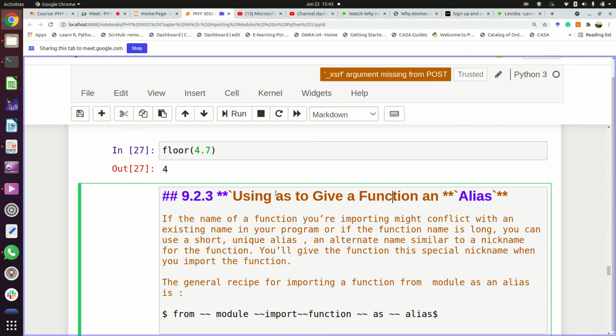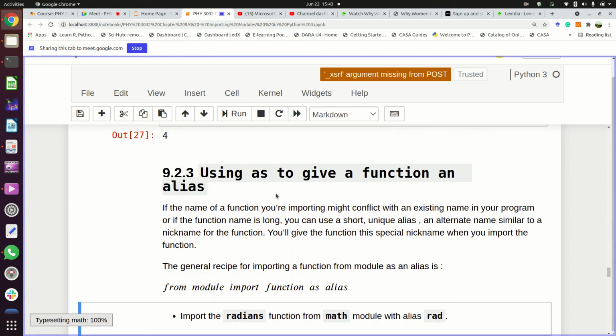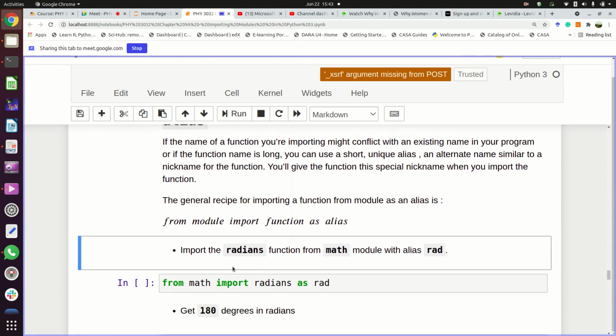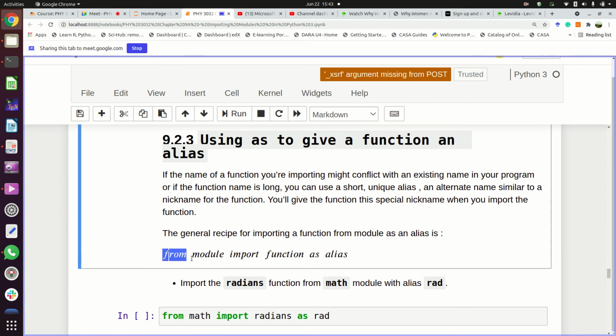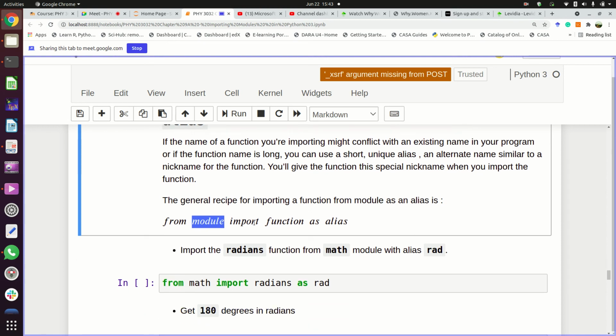As you are importing a function, you can give it another name, so that instead of using the name of the function which is given in the module, you give this function a different name, which is called an alias. An alias is a nickname. And how do you do that? You say from module, which is the module where you're importing a function from, import function